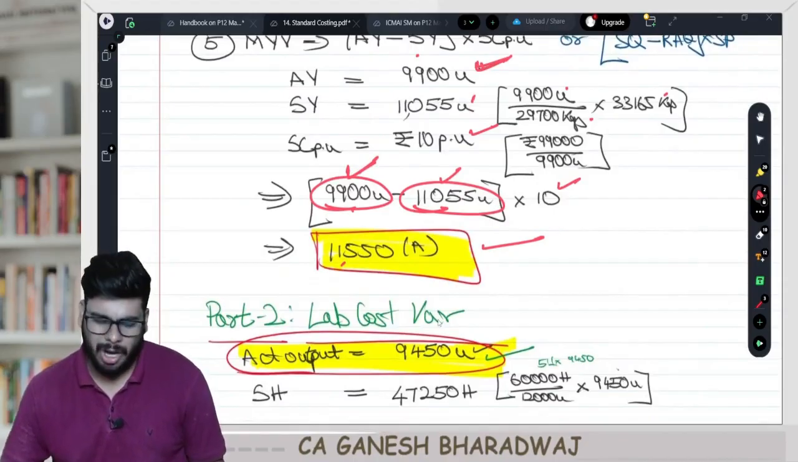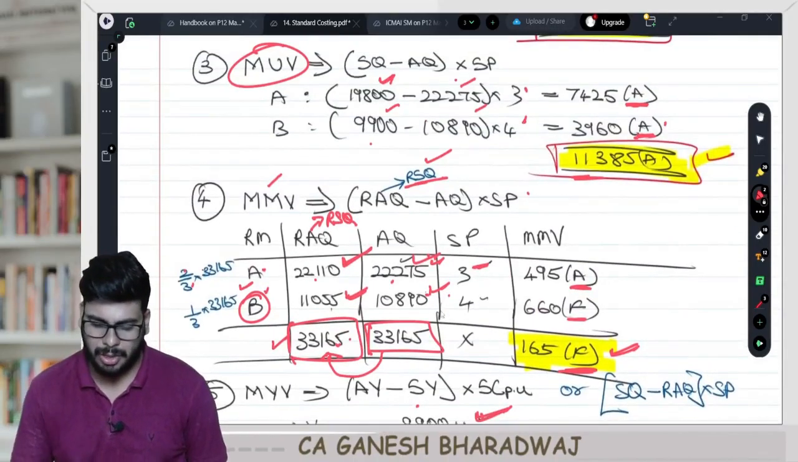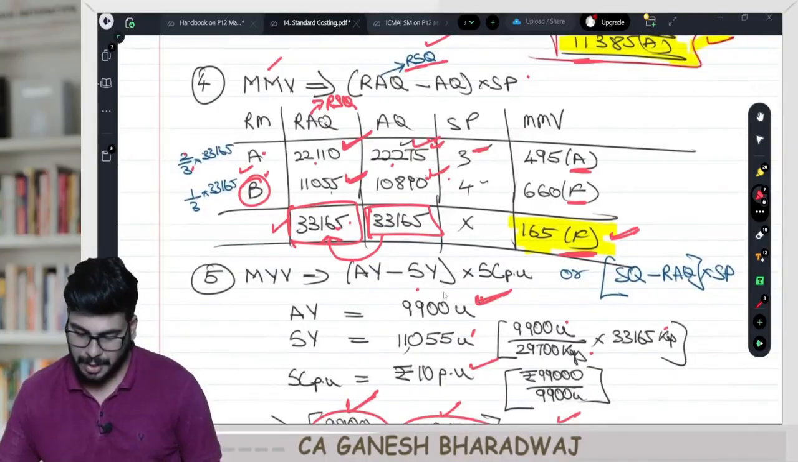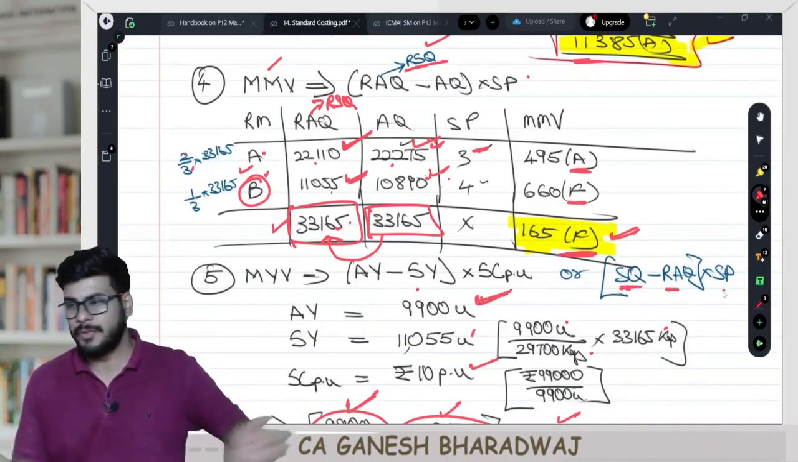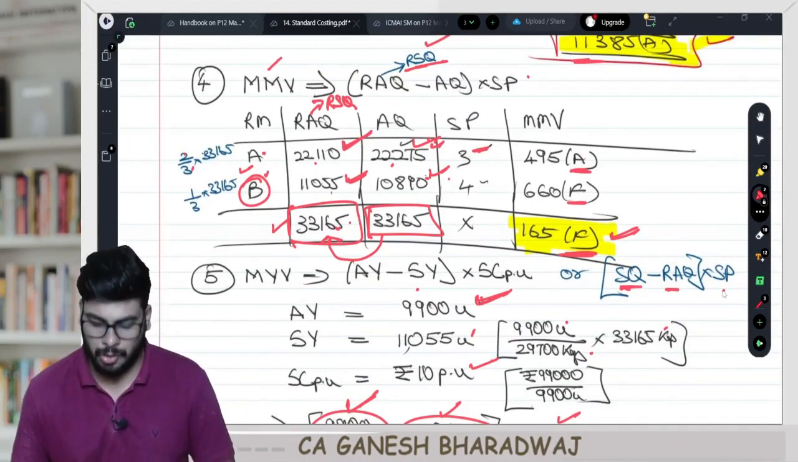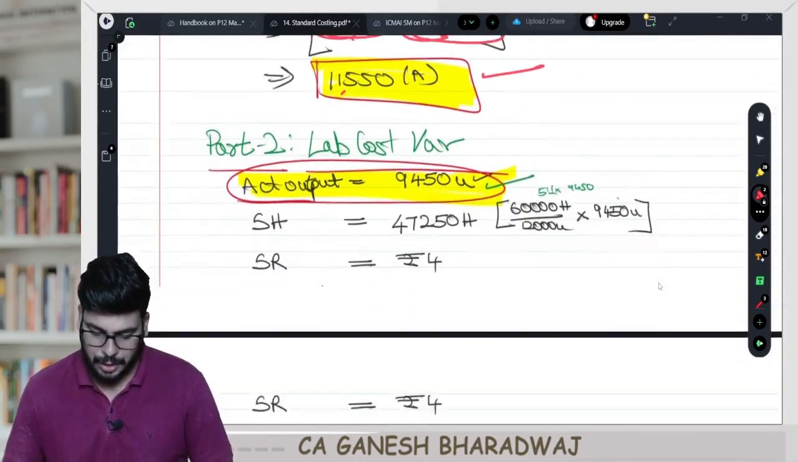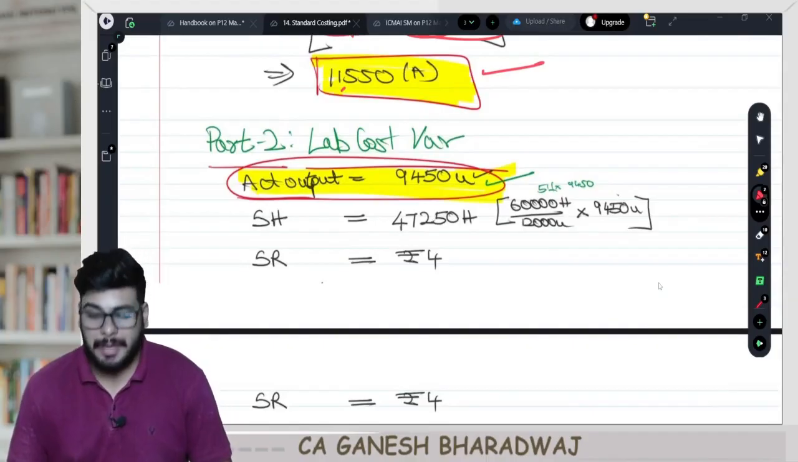Clear with this, guys? Or you say, I don't want all these things, sir. You can also use the other formula that we have done, the balancing figure formula: standard quantity minus revised actual quantity into standard price. If you do it that way also, you will arrive at the same figure. Clear with this, guys? Now let's move on to the next one, which is going to be my labor cost